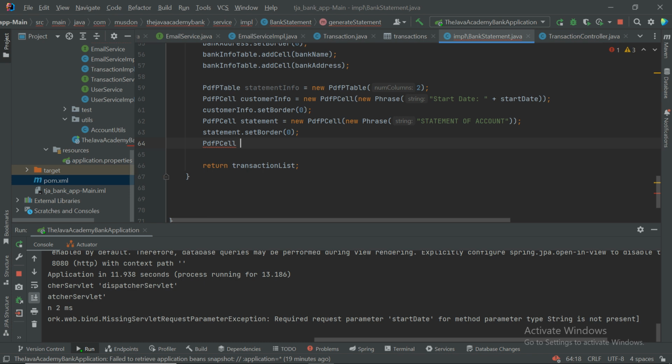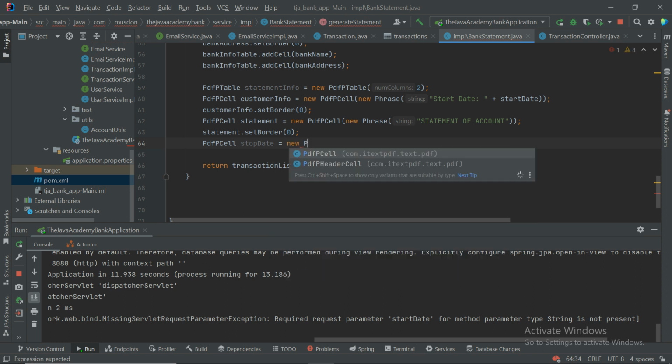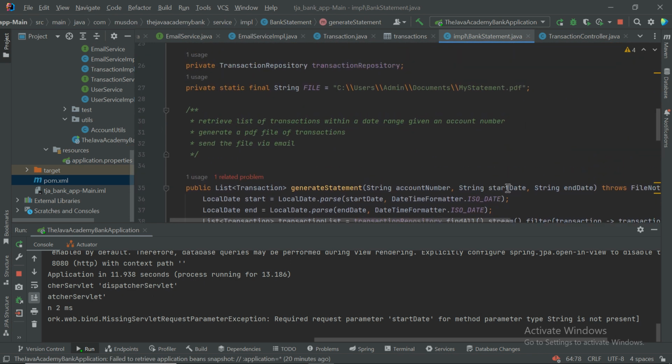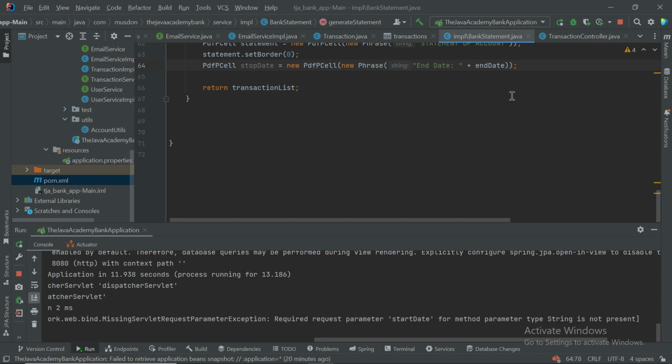So this time, let's say our end date now. Okay, let's say update equals new PDFP cell. So new phrase. So let's say end date. Then this time add end date. Okay. So this start and end date are basically coming from here. Okay. So I think that should be it. Then the other thing we need